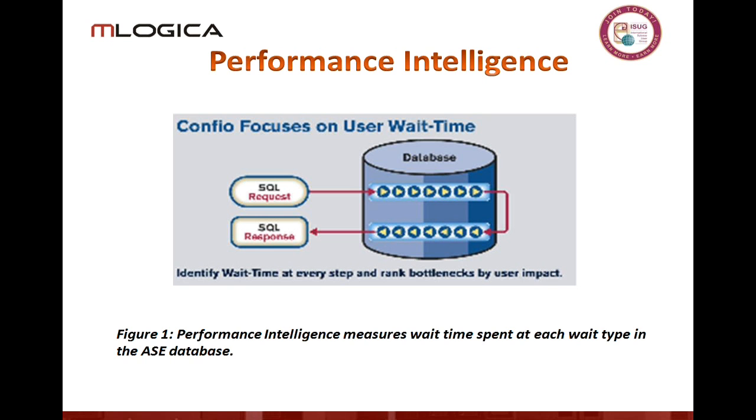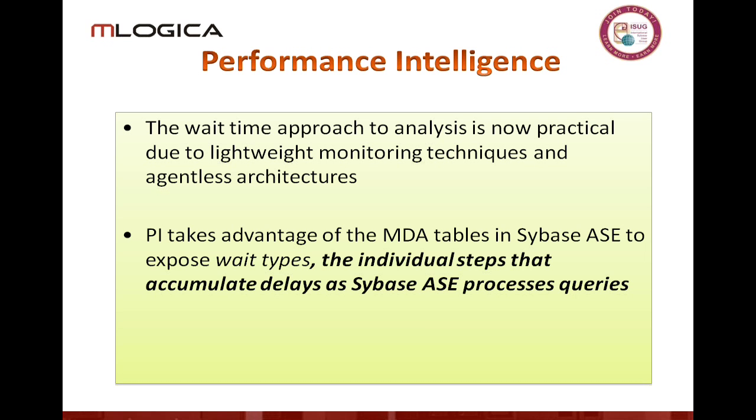So a lot of things going on, and what becomes useful to us is to identify where the stress points are. If a system is spending its time, say 80% of its time in I/O wait, well, guess what? You're I/O bound. Now, does that mean that I/O is slowing down your ability to access the system? Probably, but not definitely. If you're running at 1% of resources, well, guess what? You're going to spend some percentage of your time doing something. We do need to make sure that we're stressed before we start recommending that we make purchases. So performance intelligence, measure the wait time spent at each of the individual wait types. This is really practical because the monitoring is lightweight. Now, a lot of folks